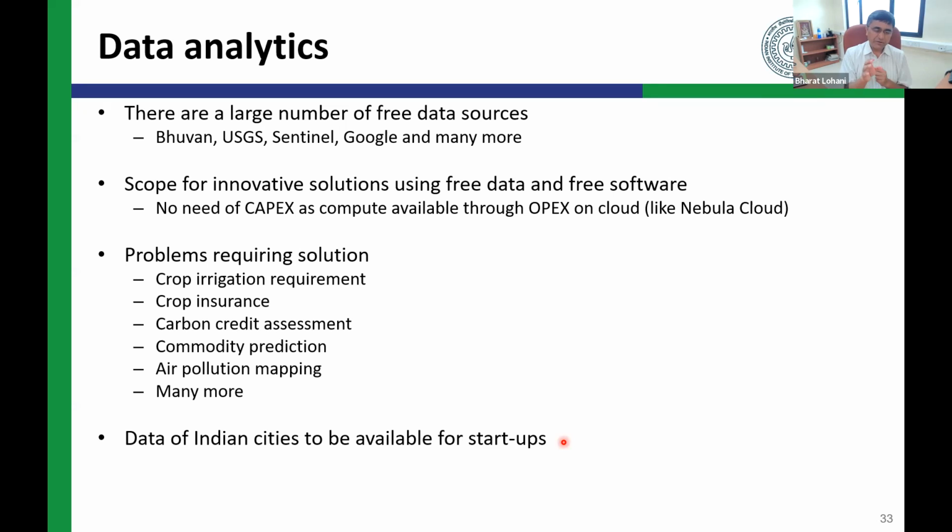So these big companies like Genesis or others, they will make these data also available to the public, available to the startups who want to use the data and generate some analytics based on the data. So that way, the startups, they also earn. At the same time, the company who has invested in data generation, they also earn in that process. And of course, at the end of the day, they are adding value to the society by providing those analytics.